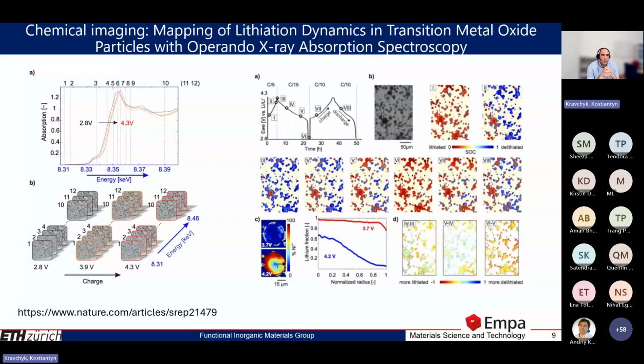So using this sort of chemical imaging, which is based on operando X-ray absorption spectroscopy, you can basically map the changes of the oxidation state of nickel in this case by measuring under operando conditions. By looking at the shift, you can identify whether nickel is oxidizing or reducing. And by doing this kind of mapping